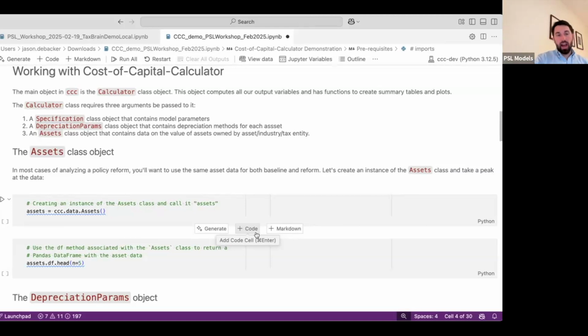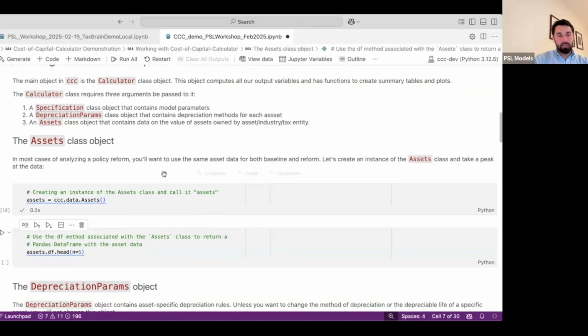So this assets class produces a data object suitable for cost of capital calculator. I'll show you what that looks like, because in principle, you can pass in your own, but this just sets it up nicely, because if we want to do a rich set of analysis, we want to have the ability to look at things by asset type, by tax treatment, so are you a corporate or non-corporate, i.e. pass-through business, as well as different industries. And so this assets class object, which is the first thing I'm going to instantiate here,